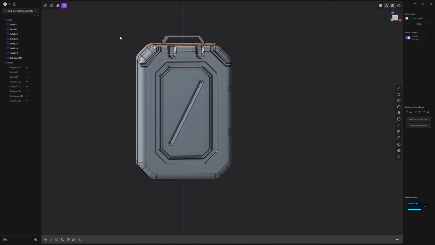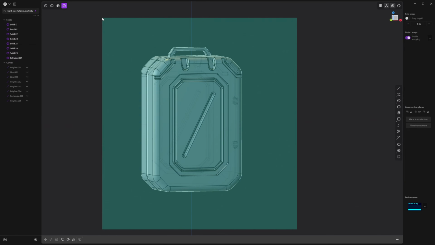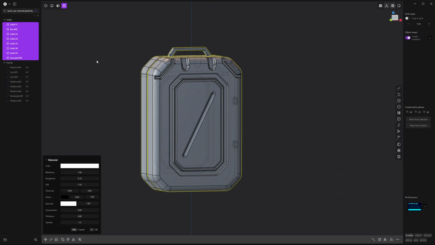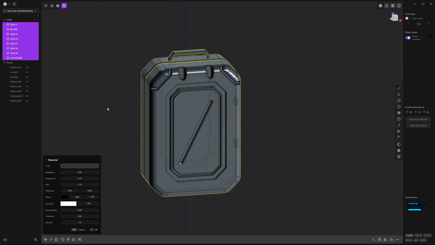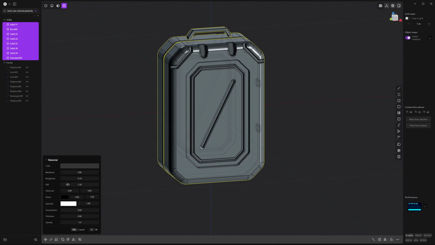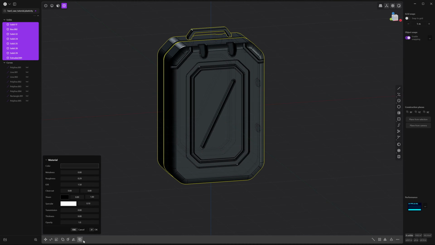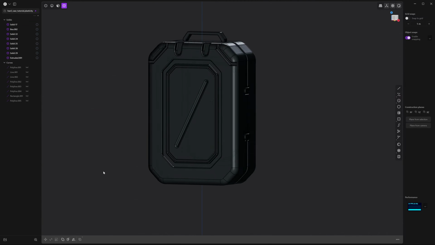And to see what we have in a different color, let's just select everything. Press M, that'll create a material. And I'm going to turn metalness down to 0, change the color to a dark gray, and preview that by pressing this top circle here that says toggle render mode. You can see the material you just created. And I'm going to adjust the roughness so it's a little bit more of a plastic. And reduce the specular down here to 0.1. Maybe darken it just a little bit more. Press OK. Now you can see it.